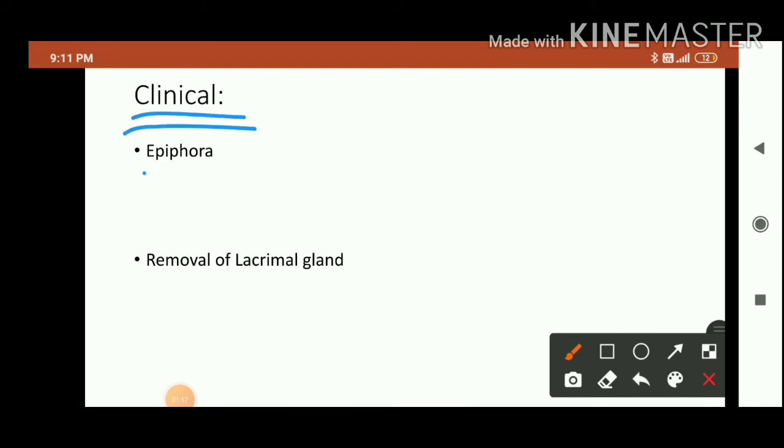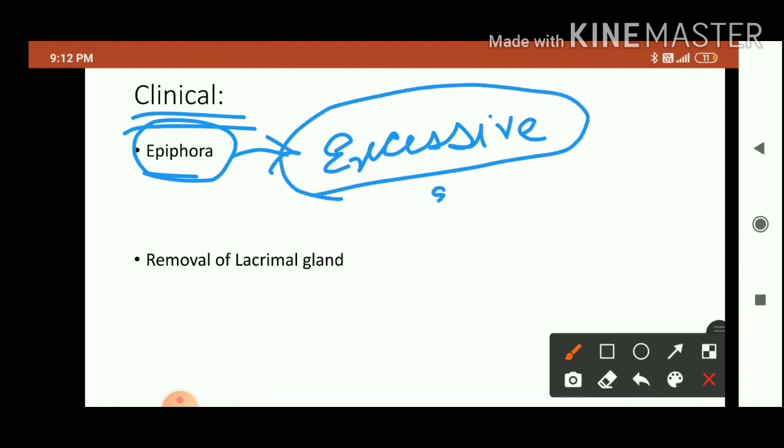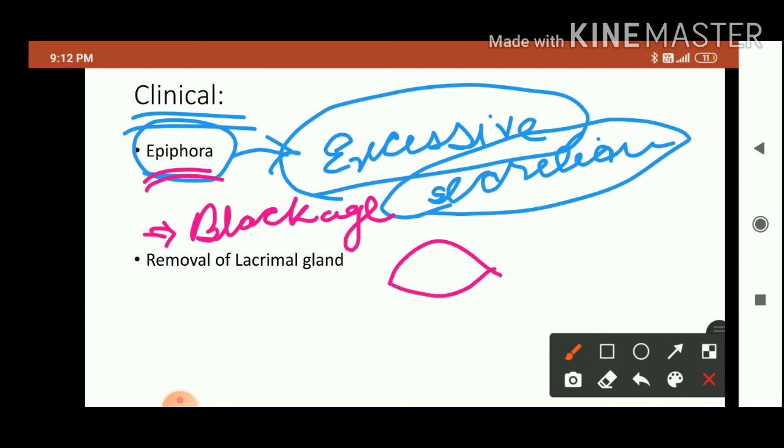So first we come to what we mean by epiphora. Epiphora means excessive secretion of lacrimal fluid over the cheeks. Okay, so excessive secretion of lacrimal fluid. And what is the cause? The most probable cause of epiphora is blockage of the lacrimal drainage pathway. Yes, blockage of the lacrimal drainage pathway. For example,